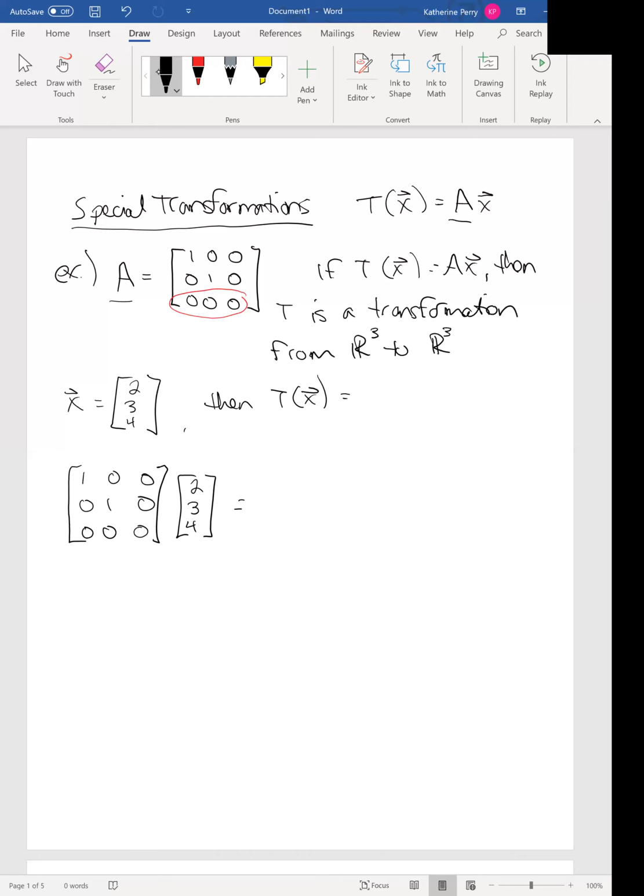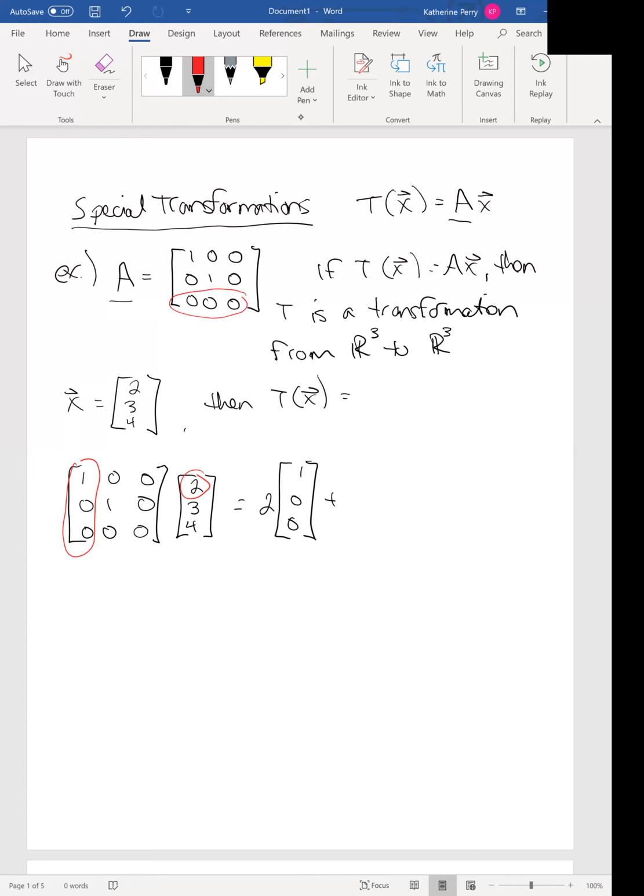And remember, the way to do this is to take the first entry in this vector and multiply it by the first column. So I have 2 times the column 1, 0, 0,